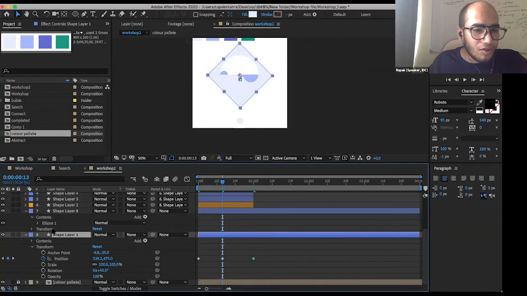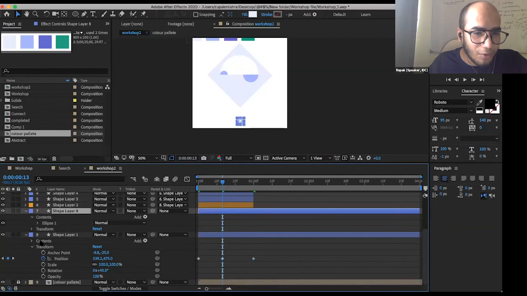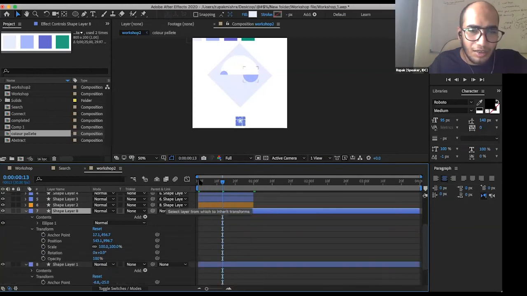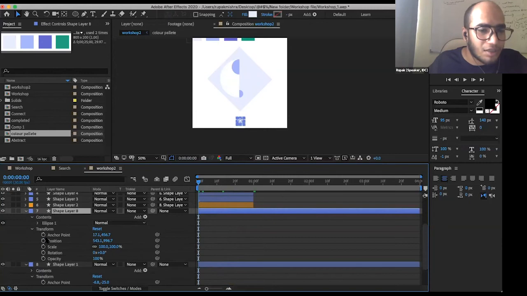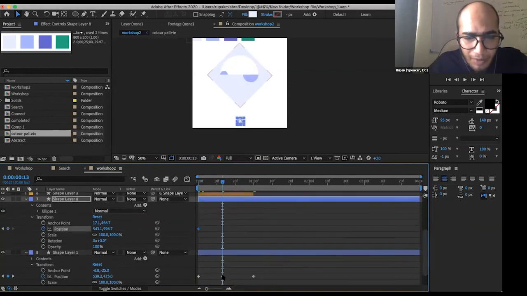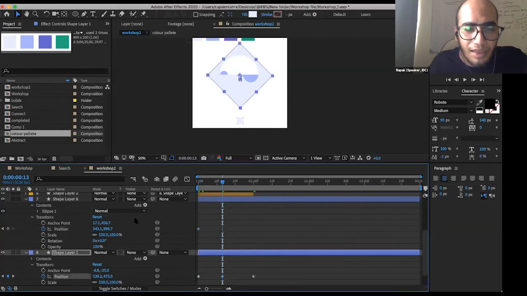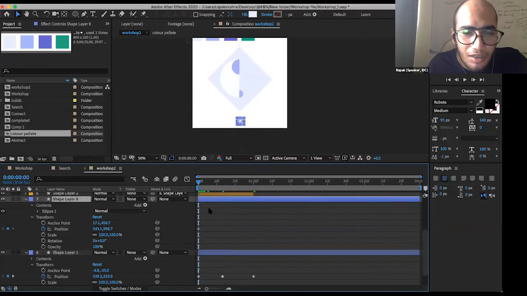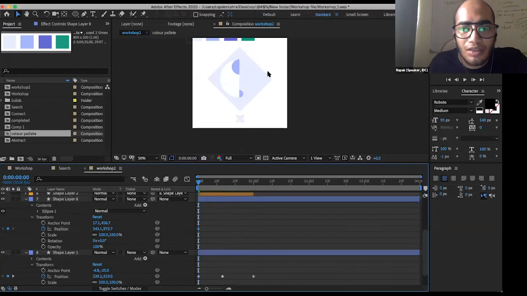Okay. So now go to the new circle we have drawn and open its transform properties. We'll do the same thing. Align the indicator at the first. Open the position, the keyframe appears at the beginning, and we'll align it with the same keyframe again with this one, and we'll again animate the position. This time, I want the initial position of the circle to be a little closer to the rectangle, so that they are a little closer to themselves.